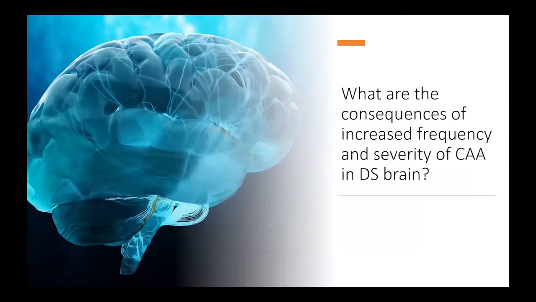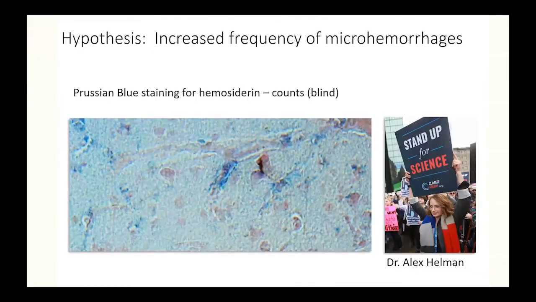The next question we started to ask, and this was with a graduate student in my lab at Kentucky, Alex Hellman, was we're seeing far more cerebral amyloid angiopathy in the brains of people with Down syndrome compared to sporadic AD. One would suspect that there might be more microbleeds in the brains of these folks. So what are the consequences of this increased CAA? And so Alex started doing the study. This was back during those years when we were really having a lot of protests about standing up for science, et cetera, and Alex was very active in this movement.